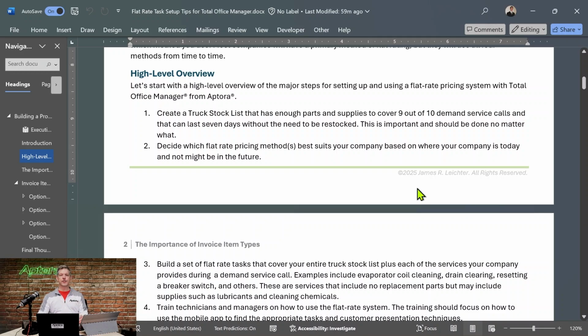I really like Excel for this purpose, and I'll tell you a little bit more why later, but I like to build it in Excel. I like to create a smart list in Total Office Manager to help me manage it once I get it out of Excel. But the first thing you want to do is decide what you want to stock in a